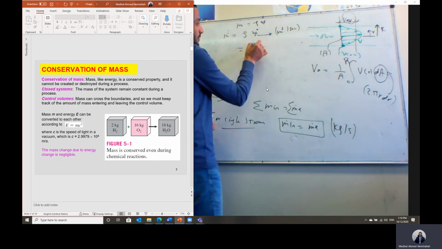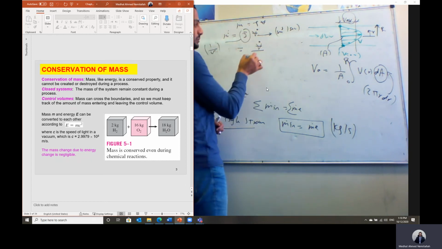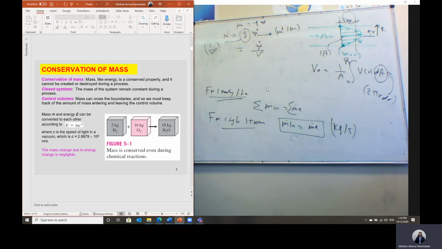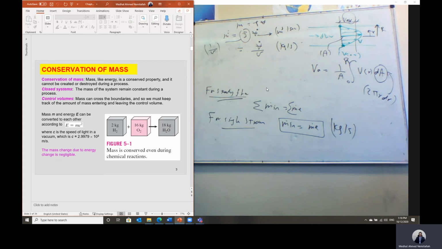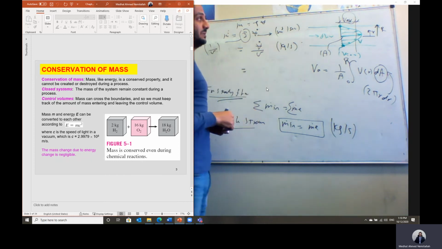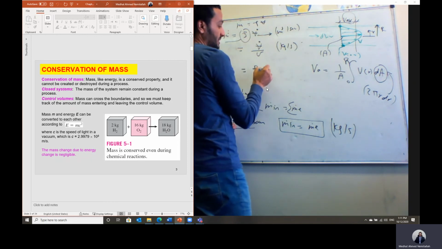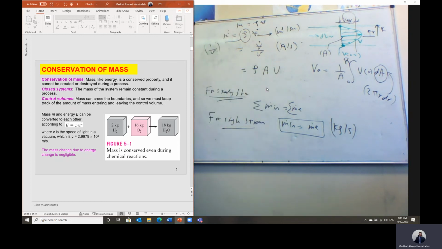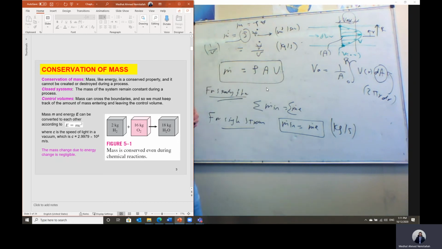Or mass flow rate is equal to the density multiplied by the volumetric flow rate. This density is equal to 1 over a specific volume, as you know. So it will equal the volumetric flow rate divided by the specific volume. And this mass flow rate is calculated in kilogram per second. And this volumetric flow rate is equal to what? The volumetric flow rate is equal to the cross-sectional area multiplied by the average velocity. The value of the average velocity should be given for you. So the mass flow rate will equal density multiplied by the volumetric flow rate, which is area multiplied by the velocity. And this is how we define the mass flow rate.